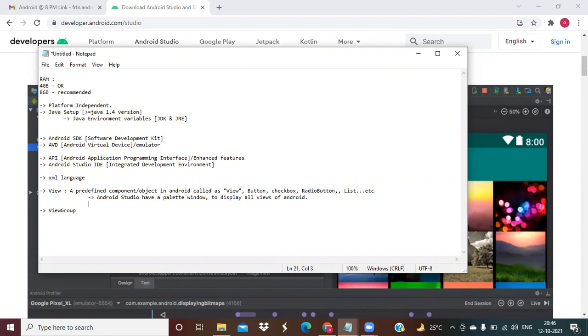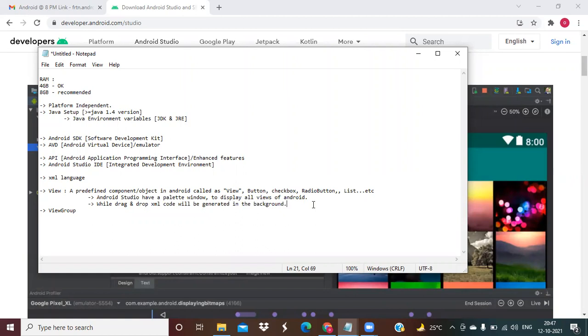While you drag and drop, XML code will be generated in the background. You need to understand what the properties are. Sometimes we need to customize the properties.